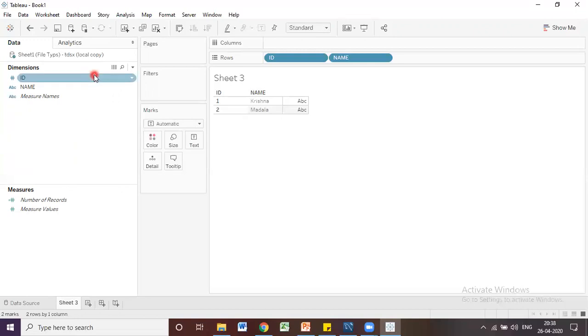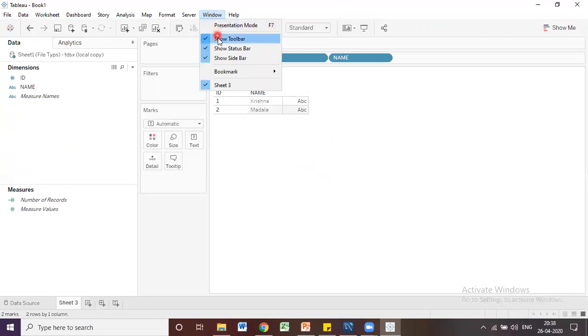Now, for example, how do we save this sheet as a bookmark? To bookmark this page, we have to go to the Windows menu, and once we click on Windows, we have an option called Bookmarks. Let's click on Bookmarks, and we will see Create Bookmark.